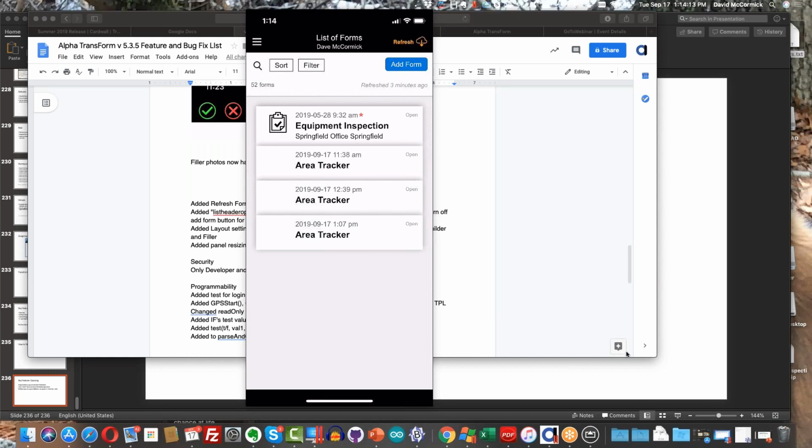Let's take a look here. Is there built-in integration between TransForm and QuickBooks? Great question. There is no built-in integration, but you could do an integration, I'm almost positive, using Zapier. And barring Zapier, you could also do an integration if you created a web service, say using Alpha Anywhere, and using their QuickBooks